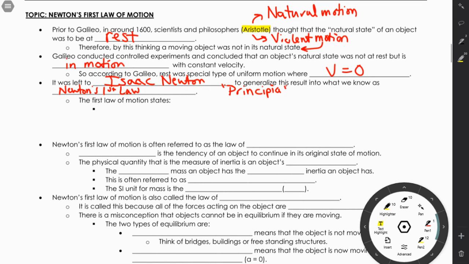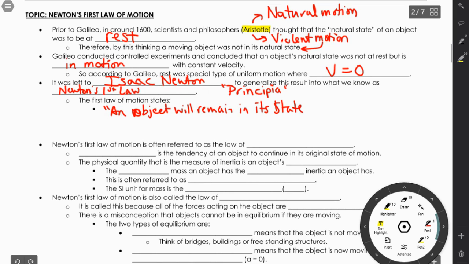Now, his first law of motion, and I'm going to paraphrase this a little bit, states that an object will remain in its state of motion unless acted upon